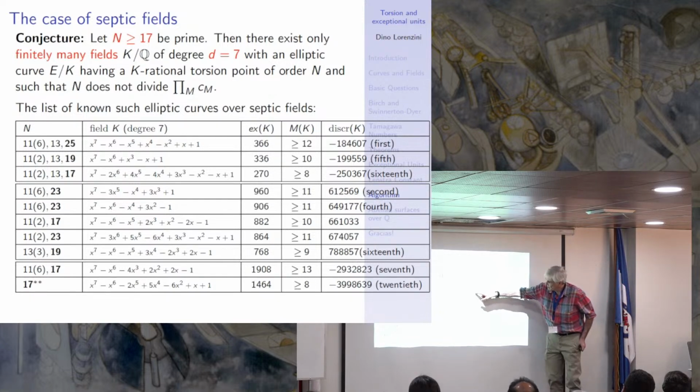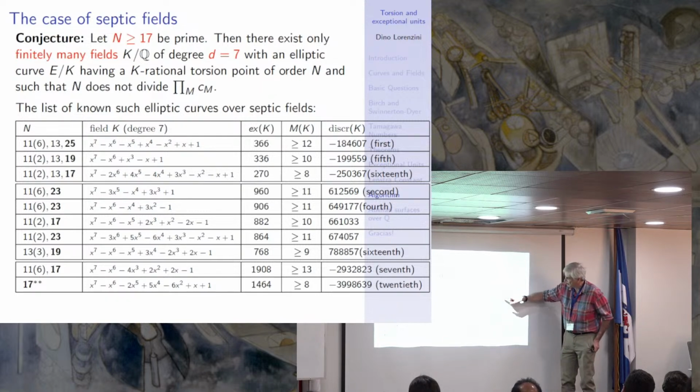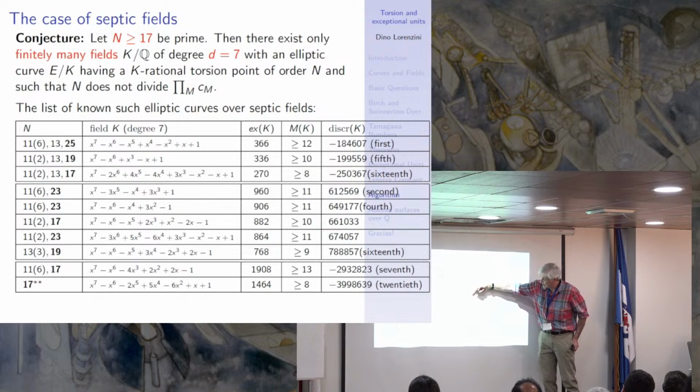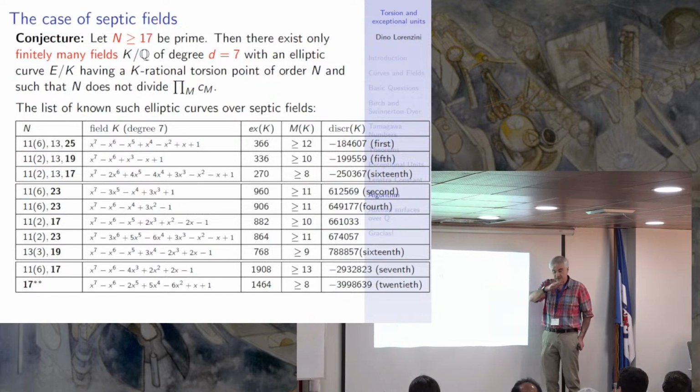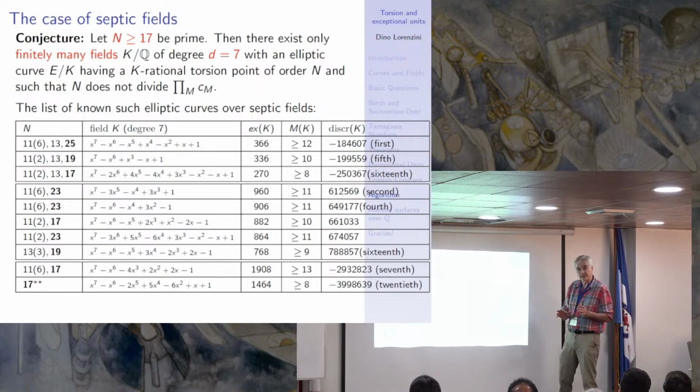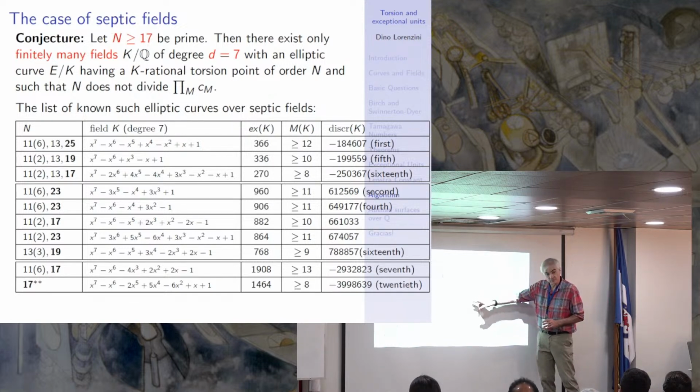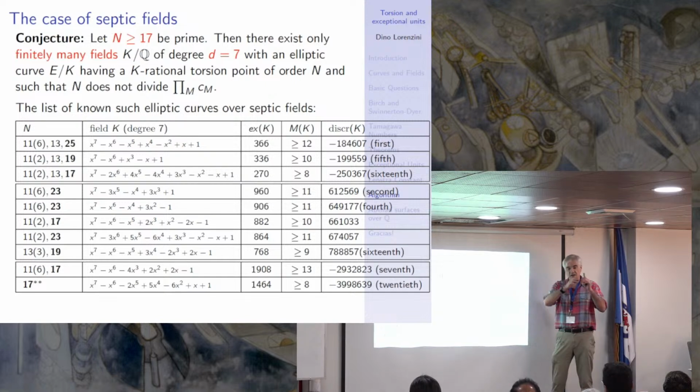So this is the number of exceptional units, and this is the discriminant. As you increase the discriminant, there is a clear decrease in the data in the limsup of the exceptional units. But nobody has any intuitive argument or explanation for this. So it doesn't go to 0, right? If you fix the unit rank, the number of exceptional units is, most of the time, 0, but when there is a little bit of,